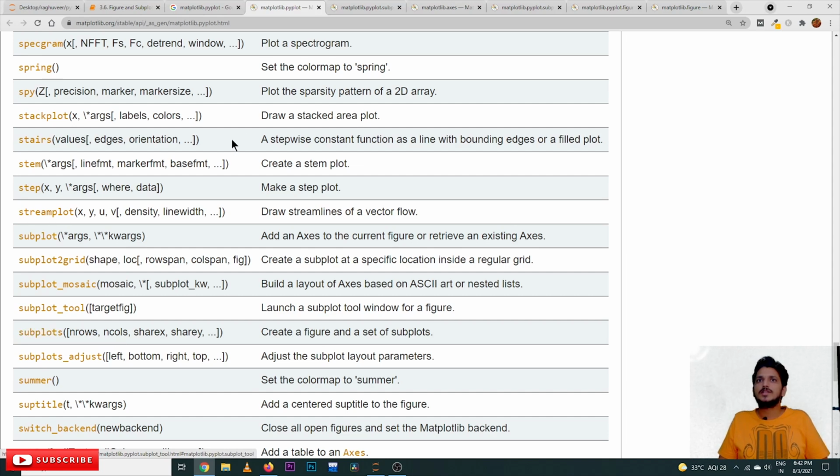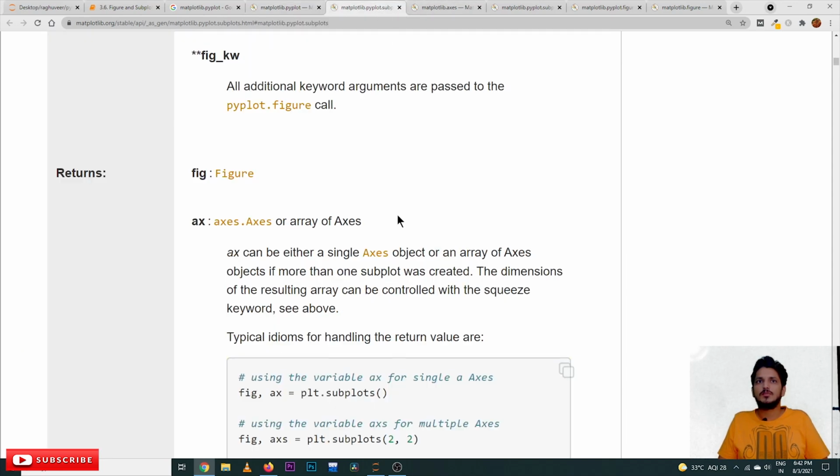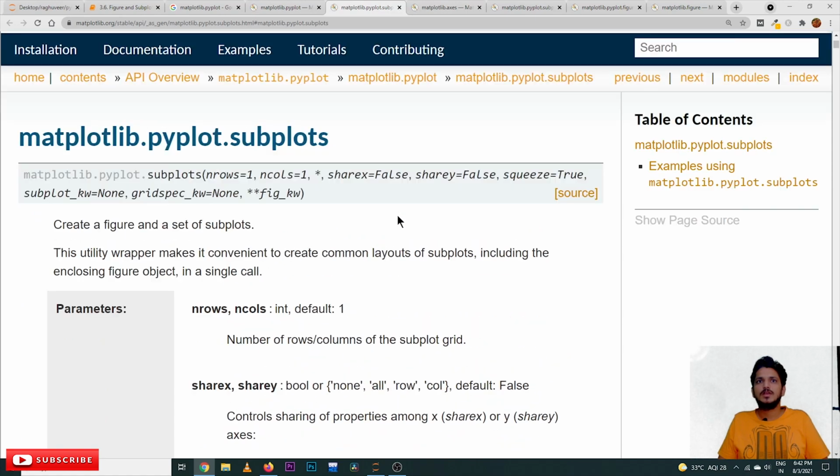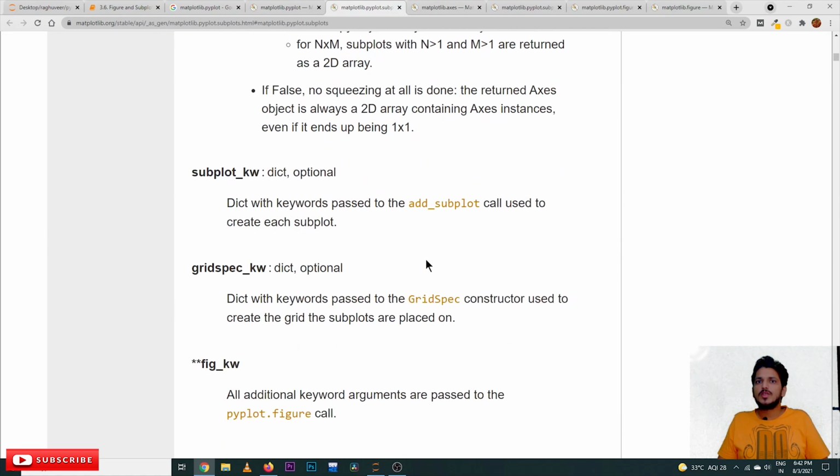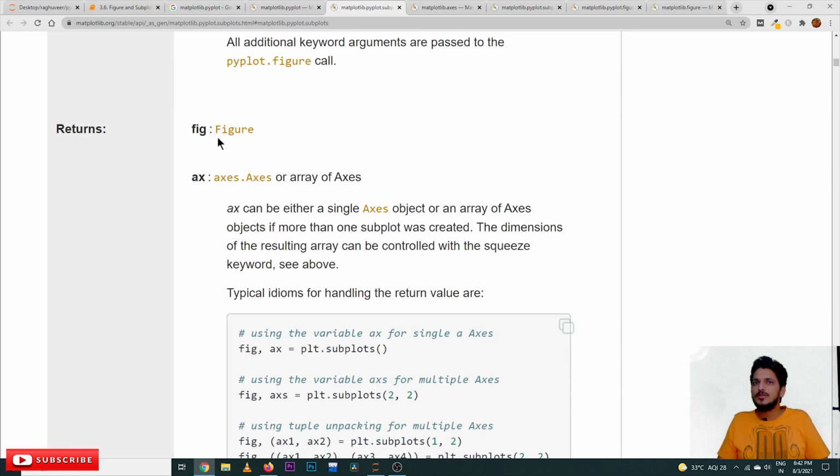So what does this method do? Whenever you call this subplots method, it is going to return 2 different objects: one is the figure and one is the axis. The name itself shows that subplots means it is going to create multiple subplots.